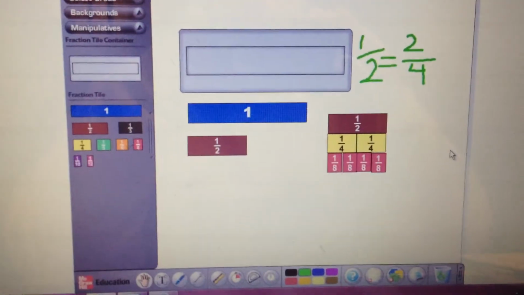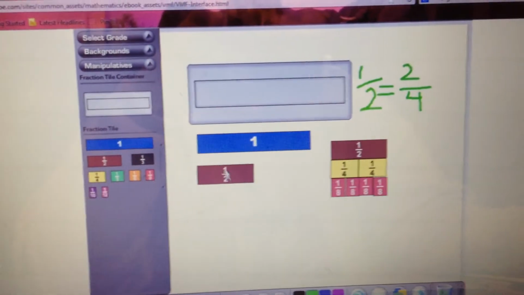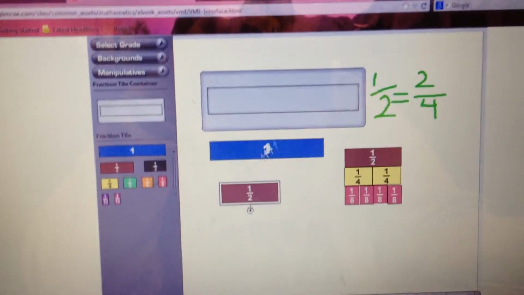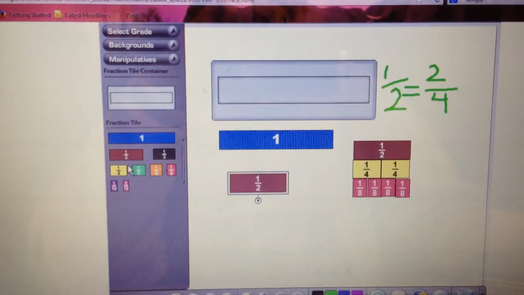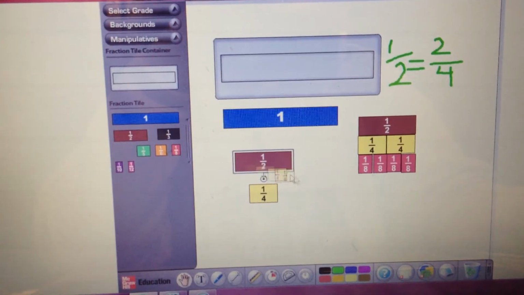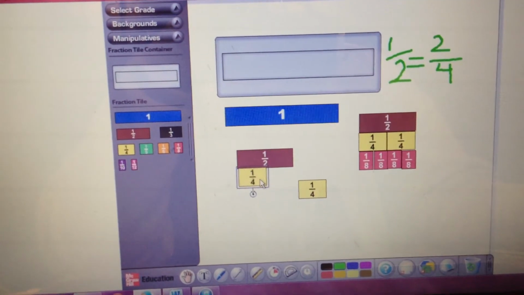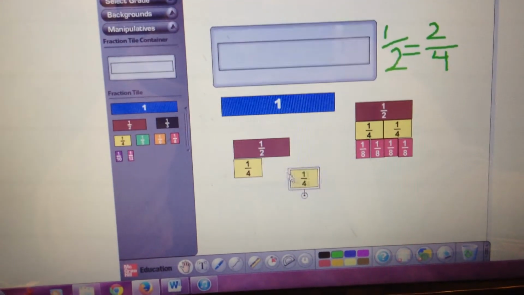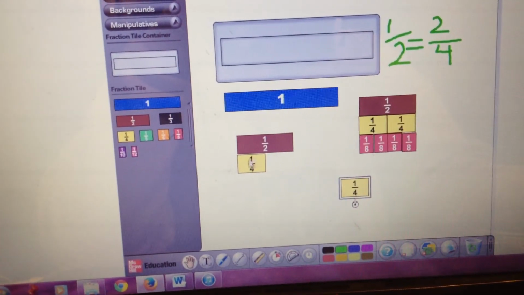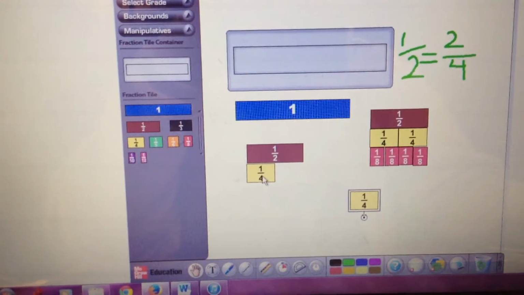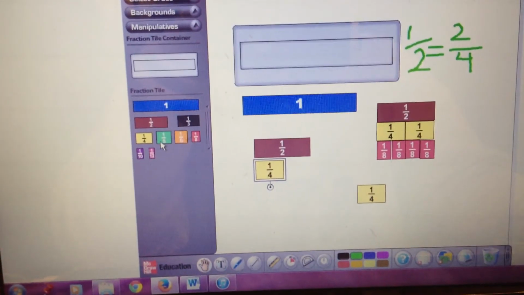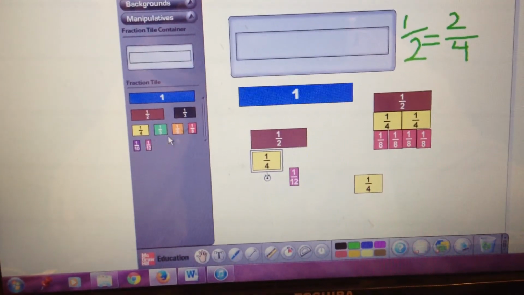Now if I was going to change the whole, say if we made 1/2 our whole instead of this longer piece, then this would be the 1, and our 1/4 piece, since there are two 1/4 pieces that fit into the 1/2 piece, our 1/4 piece would be our half. And so then we could say that this 1/4 piece, if say we did 1/12 pieces,